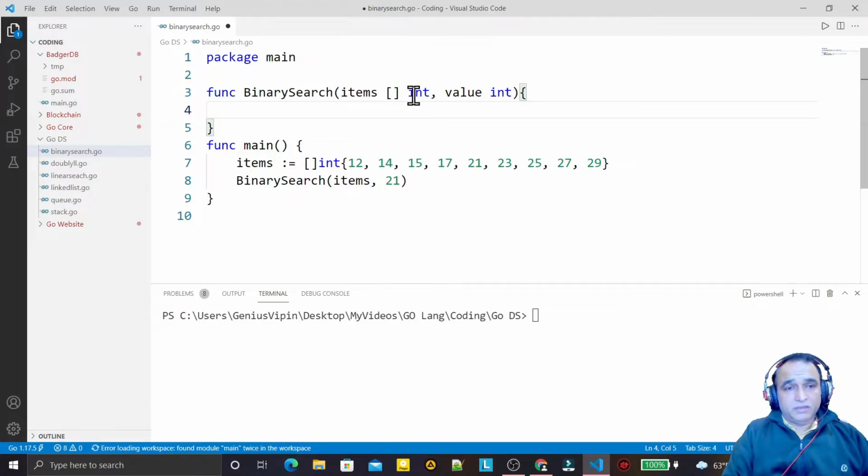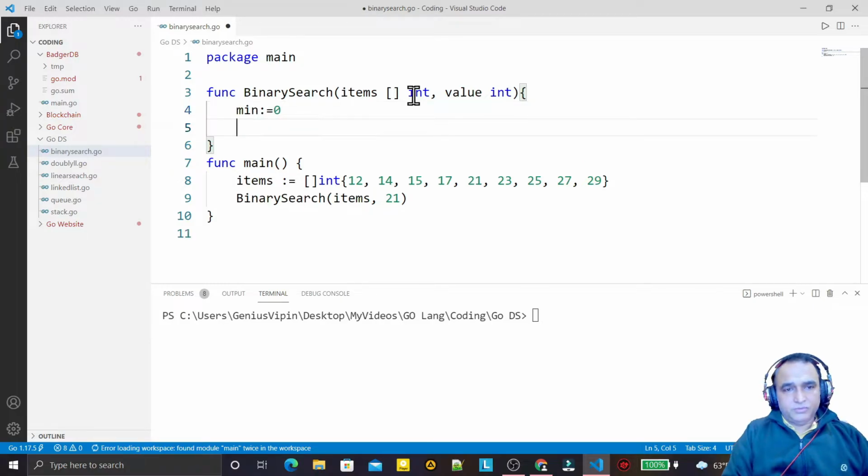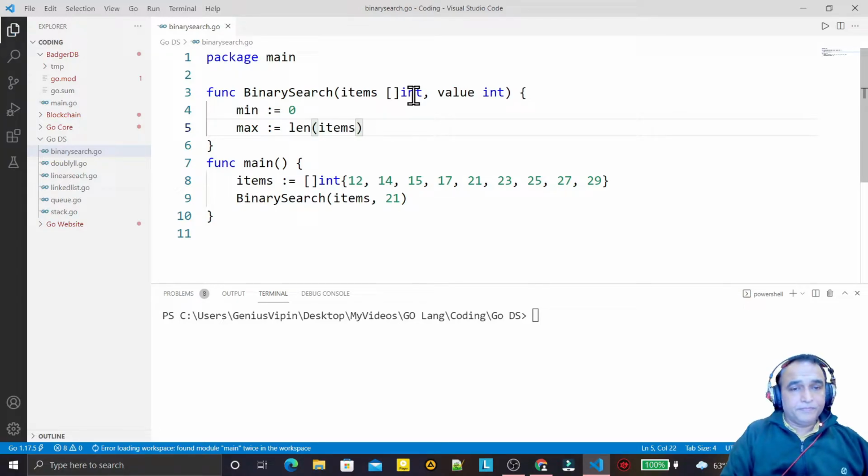Now I calculate the min. Min is 0. I calculate the max. Max is the length of items available, like this, and I have